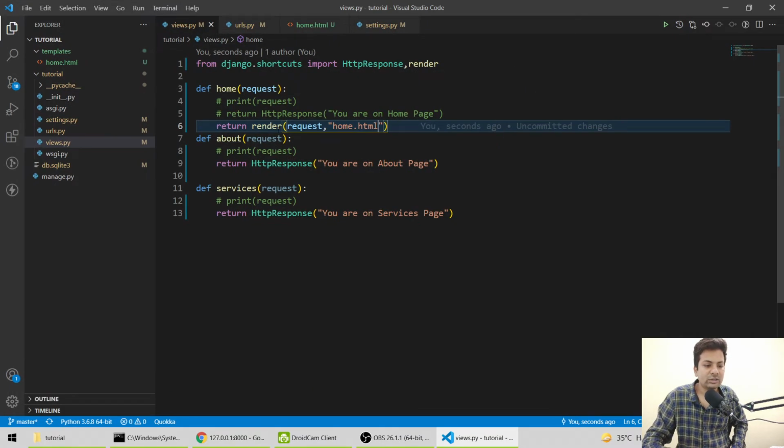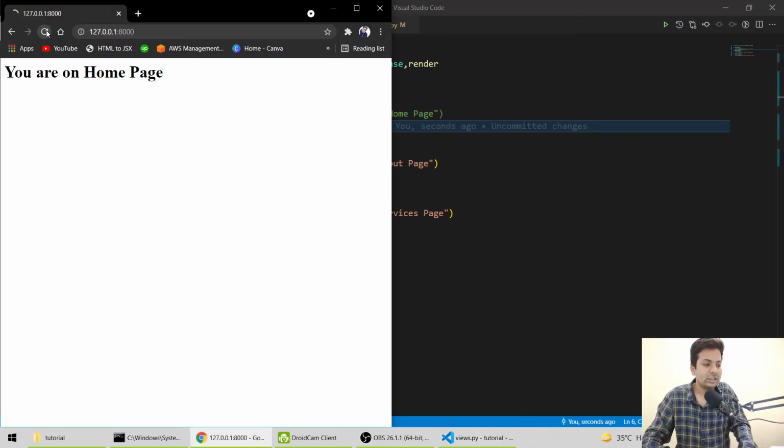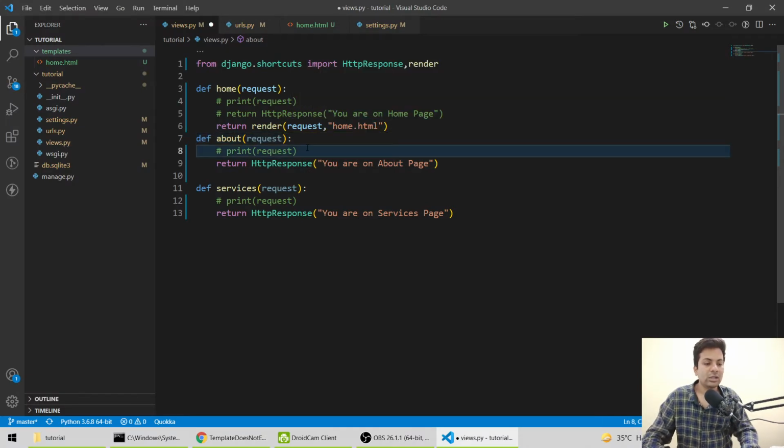So we just say render. So here is the template, whatever name you want to give to the file, then do this. Let me check, if we remove html, will it work? I just want to check. Okay, not exist, you have to write .html. Okay, so that's how we render.